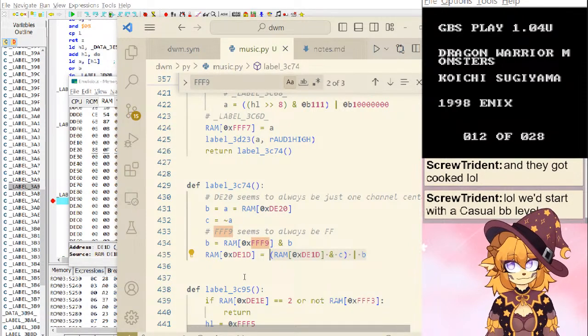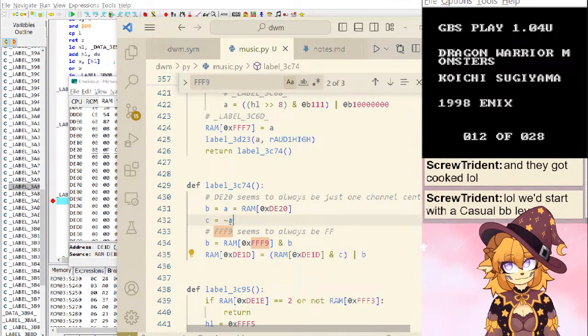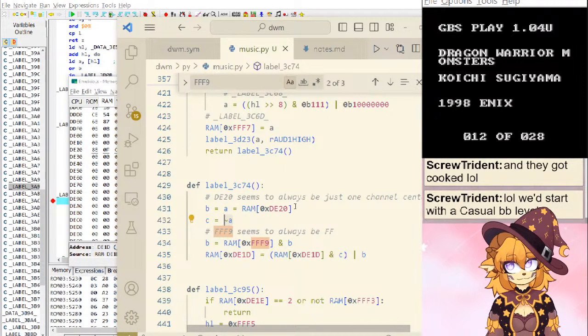I have no idea what the intention of this is. Well, I feel like this is just always going to be a no-op, right? So if we take the ones complement of this and AND it with that, that would disable the selected channels.